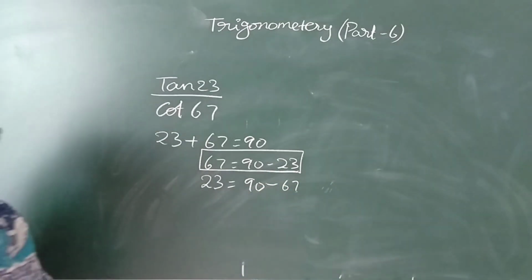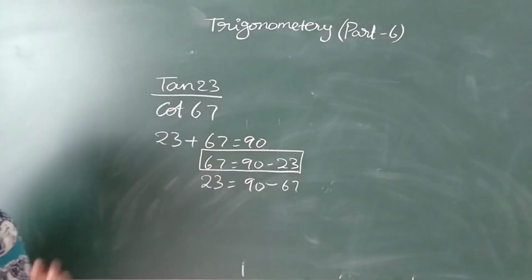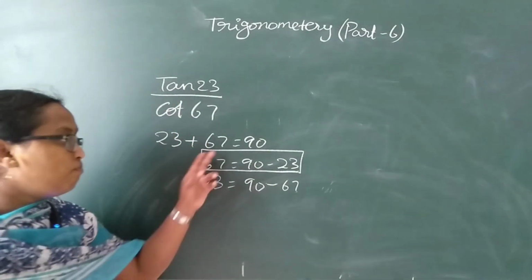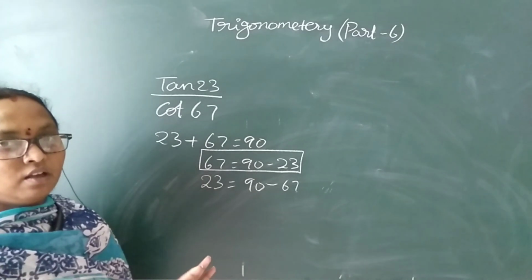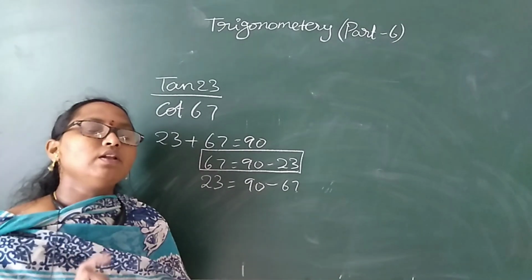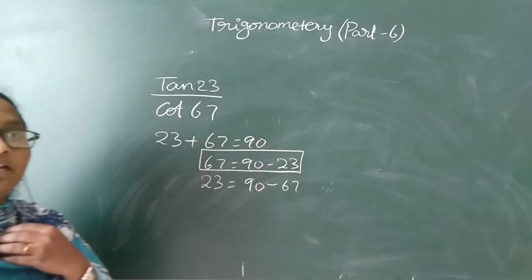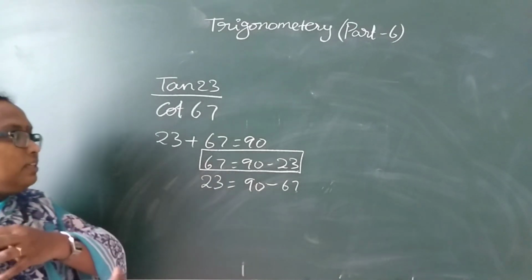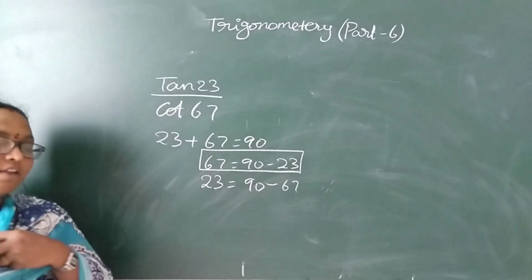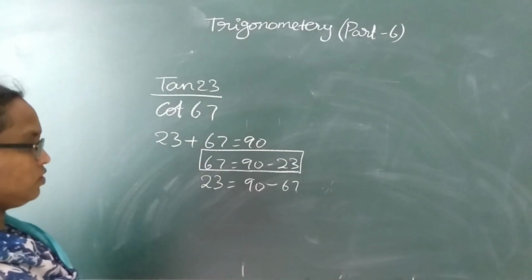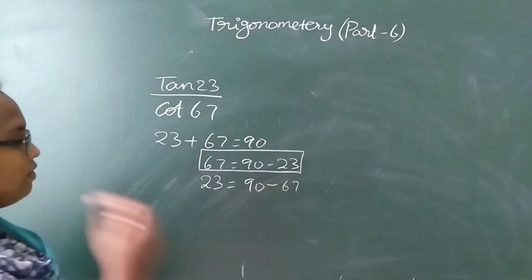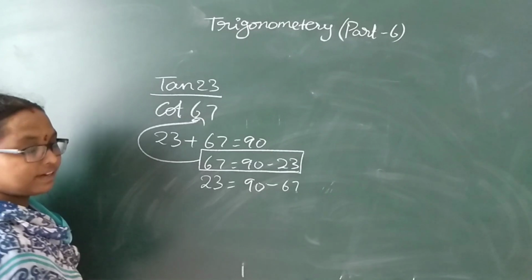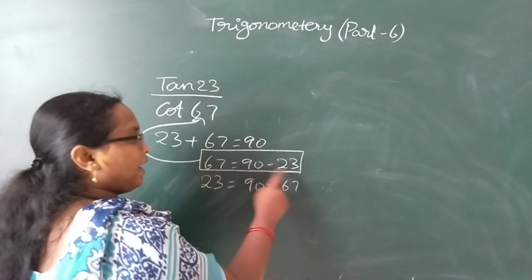But when you are changing the angle, you apply it only for one angle. You don't apply it for both the angles. If you change it in both places, the question will just become reciprocal, so you are not going to get any answer. You are making some other new question. So one of the complementary angles, you need to change it. Now here I box it for 67, so 67 degrees I am going to replace with 90 minus 23.